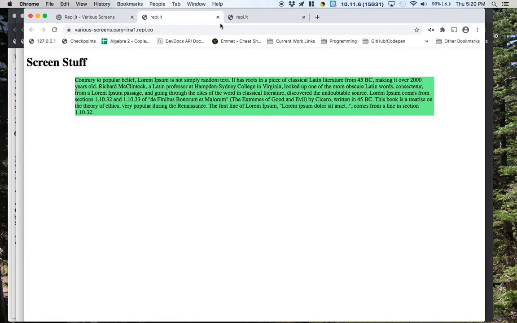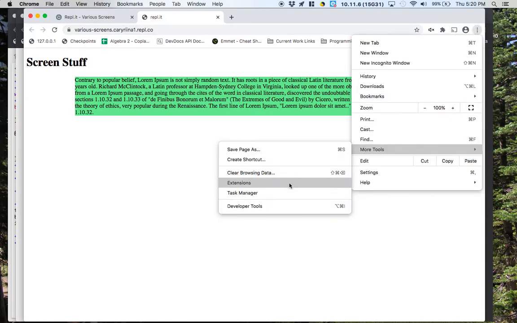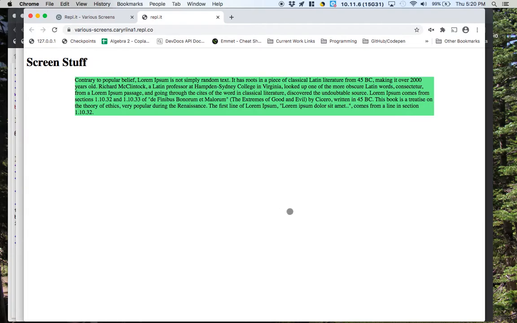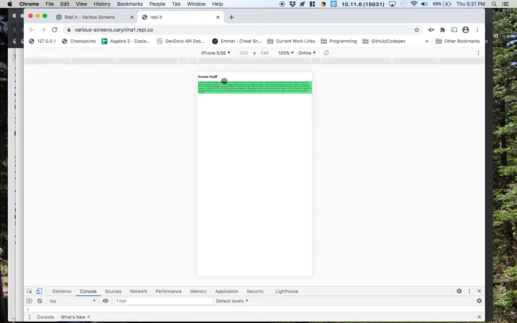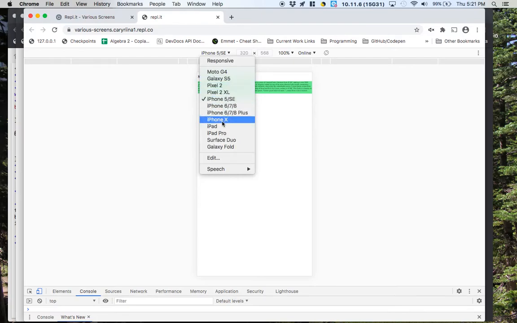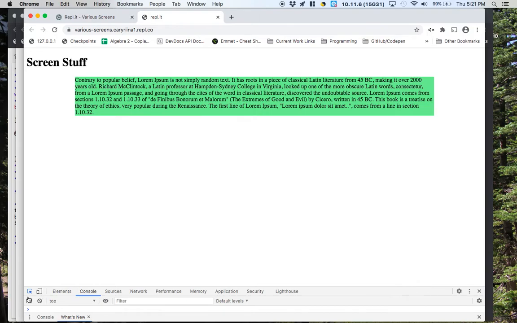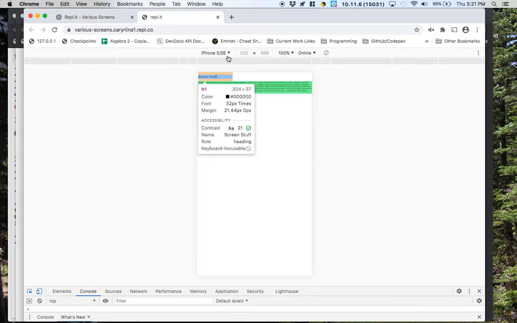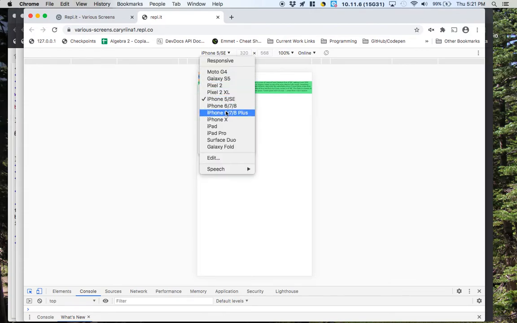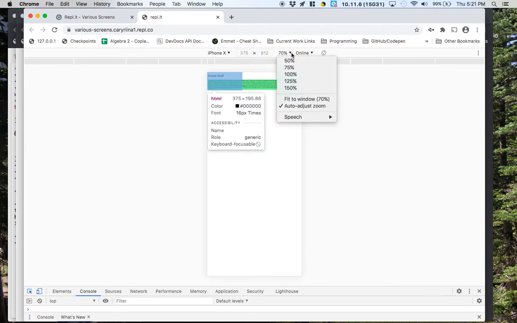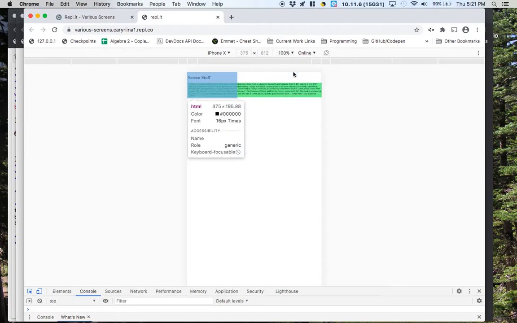So you can actually get a preview of what it looks like on an iPhone screen. The way you can see that is you go to the main screen here, more tools, developer tools. Oh, sorry, it probably popped up like this for you. If you click this little device toolbar down here, you can change the device that you're looking at it on. So maybe I'll go to iPhone X and project it at 100% the size of an iPhone X,